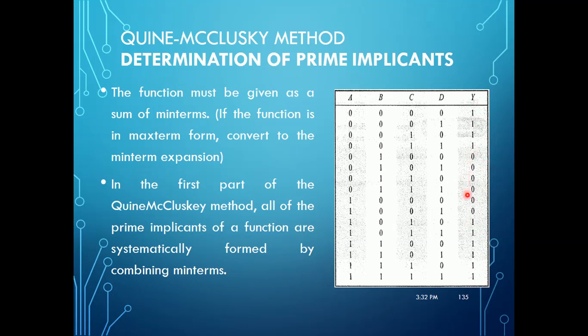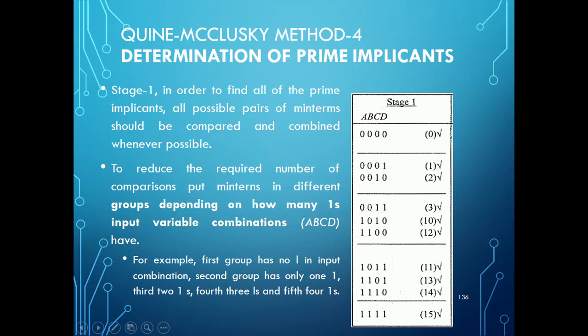Here you don't have anything, that is all zeros. So the expression includes only these min terms, that is, the ones, because we are writing the sum of min terms. So let us move on to the first stage of your Quine-McCluskey method. So in order